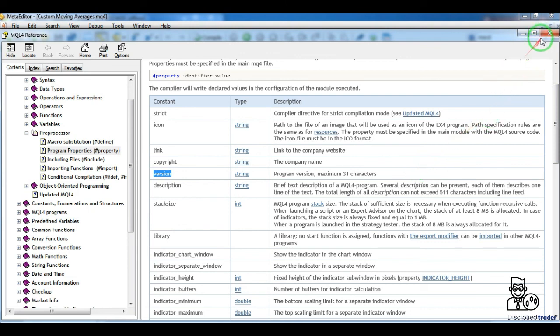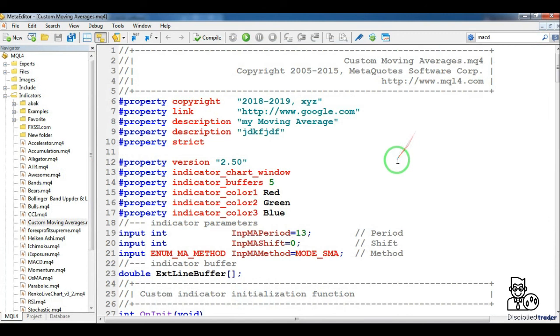Here we summarize the meeting. The preprocessor is a special subsystem of the MQL4 compiler that is intended for preparation of the program source code immediately before the program is compiled. There are commands that the compiler reads before compiling our indicator or expert. In fact, it is a step before compiling the program. And if you notice, we see these commands before the functions are called. And these commands tell the compiler how to compile.